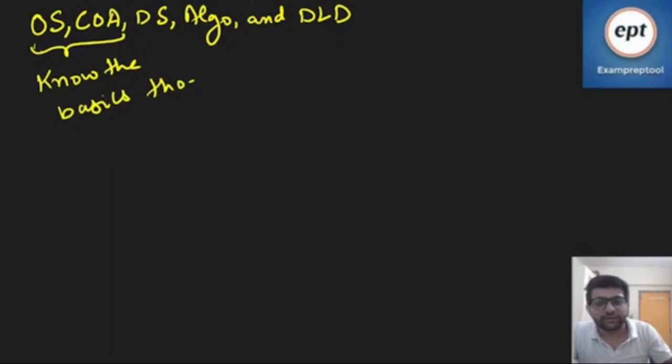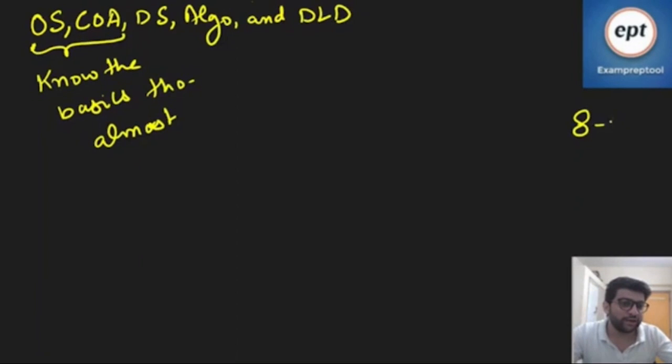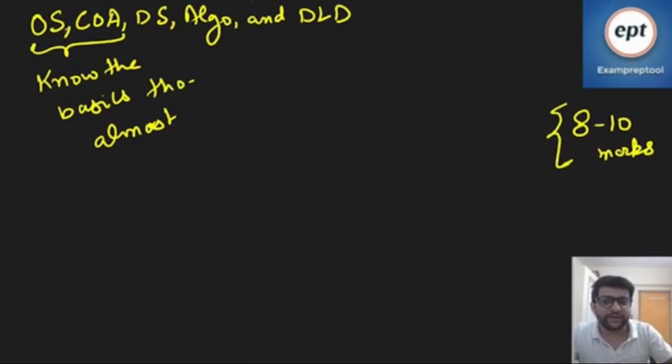So just try to revise the concepts at regular intervals and try to solve each and every problem from this particular course. You can score almost full marks from these two particular subjects. It has been seen that around 8 to 10 marks is regularly asked in operating systems. So just don't miss these 8 to 10 marks, right? Because it is easier to score in operating systems